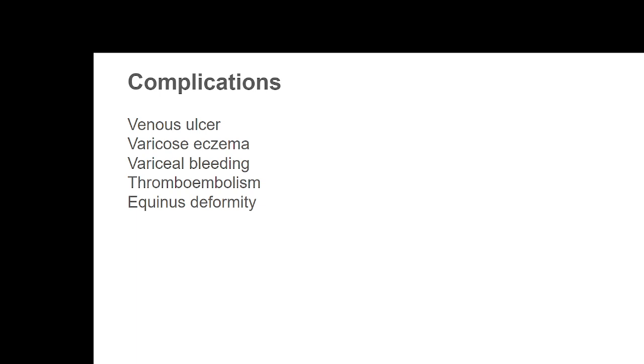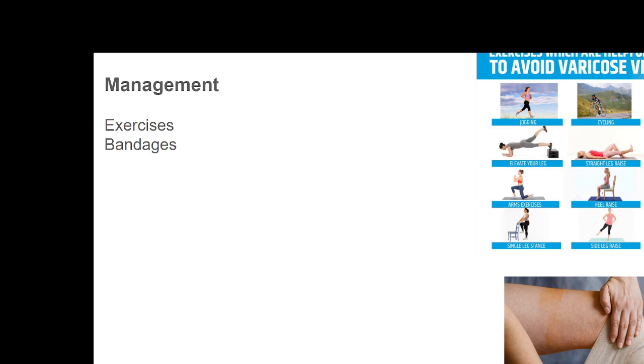Varicosities also can result in thromboembolism. A clot may occur, and the clot may migrate, and a migrating clot can produce complications like either a pulmonary embolism or an embolism in any of the other organs like cerebral or cardiac or renal, and so on. A floating clot can get obstructed somewhere, and thromboembolism is something which we will be discussing separately in due course of time. Then the very prolonged one can produce the equinus deformity, contractures of the tendons, and hence the patient's leg may remain contracted as such.